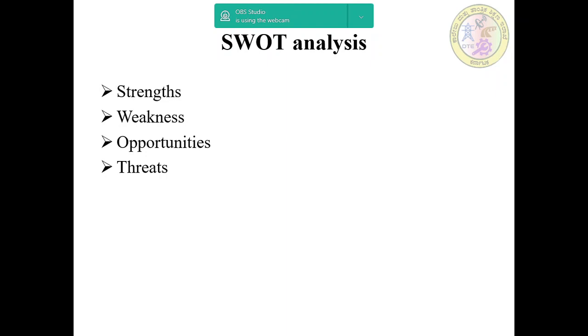And then weakness. Weaknesses are the negative factors within our control that can put us at a disadvantage over others. What weaknesses could be improved in design? What issues should be avoided? What are the factors that reduce product sales? Does the production process have limited resources? That means these are the negative factors within our control that can put us at a disadvantage over others.